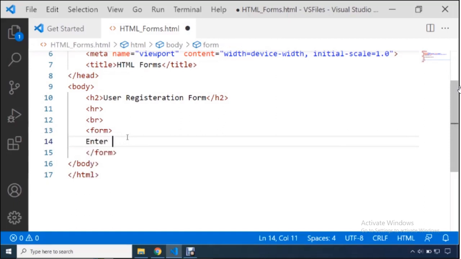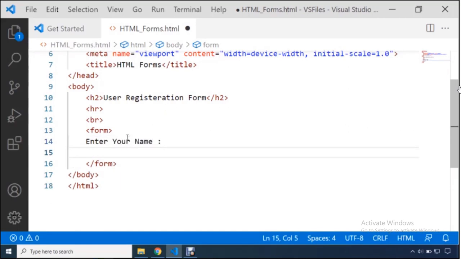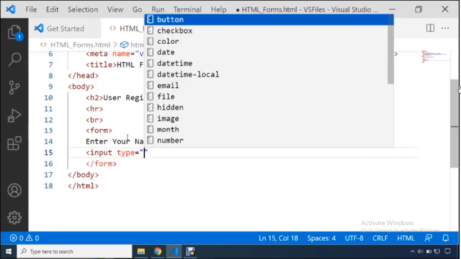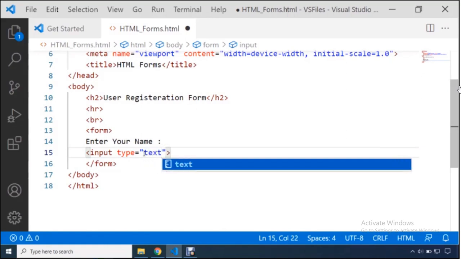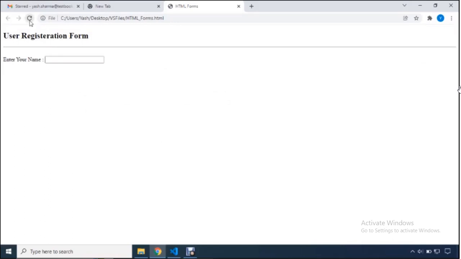Okay, or I'll directly enter your name. Now what kind of input do you want? I showed you a slide where I showed you different types of input. The simplest type is text. If you only want to receive a user's name, we can very easily use input type is equal to text. If I save it and now refresh it, here we are going to have